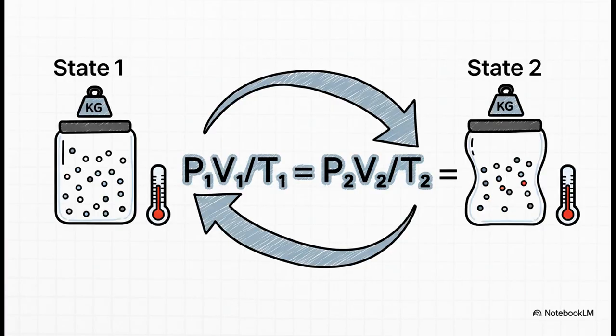And putting that all together gives us this incredibly useful formula called the combined gas law. What it's really saying is that for a set amount of gas, if you take its pressure, multiply it by its volume, and then divide by its temperature, that number is always going to stay the same. It's a constant. And that's super powerful because it means if you know the starting conditions, let's call that state 1, you can predict exactly what the final conditions, state 2, will be,